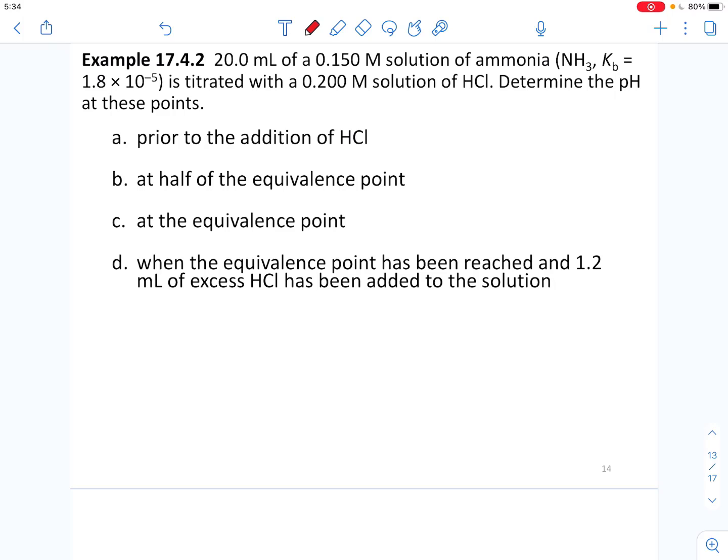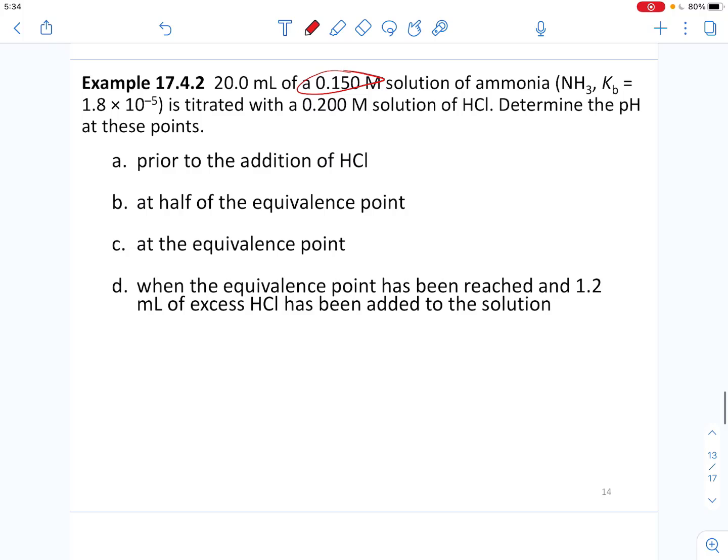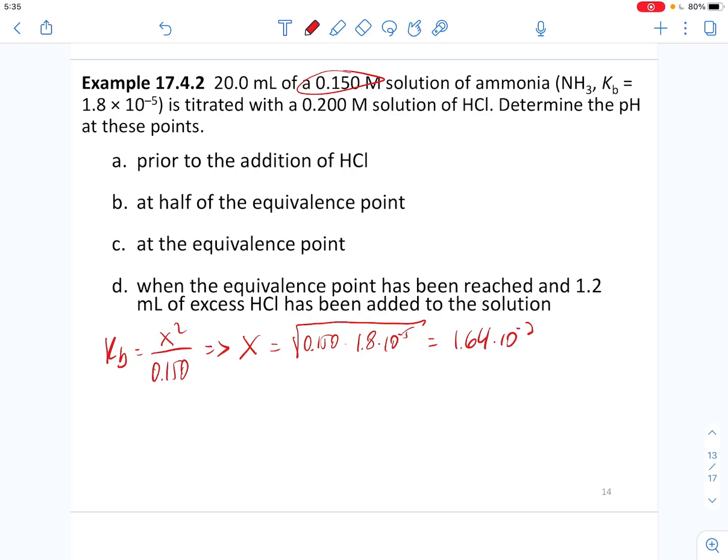And the concentration of ammonia is 0.150, and since you haven't added any of the acid yet, the only thing that we have to do here is Kb is equal to x squared divided by the initial concentration, which is 0.15, which means x is equal to the square root of 0.15 times Kb, which is 1.8 times 10 to the negative 5, and this is equal to